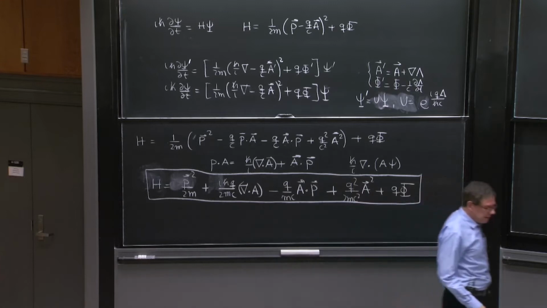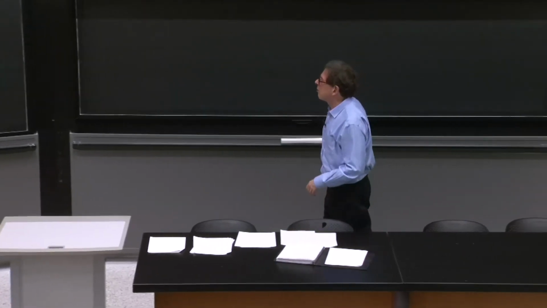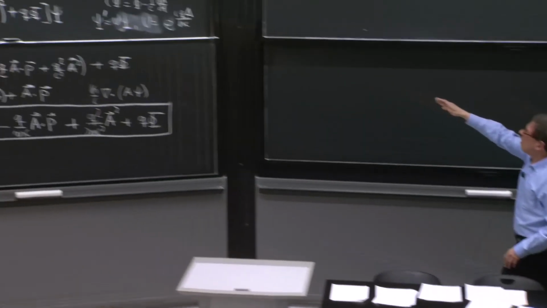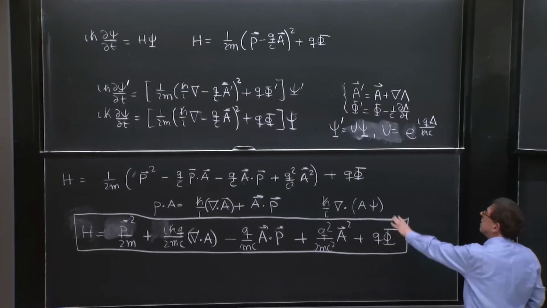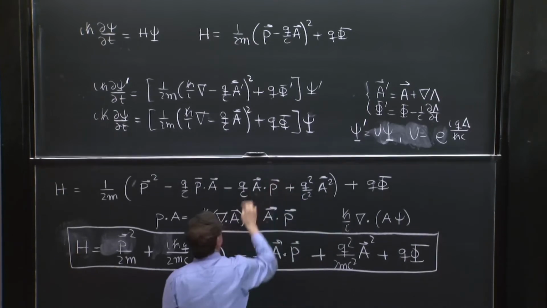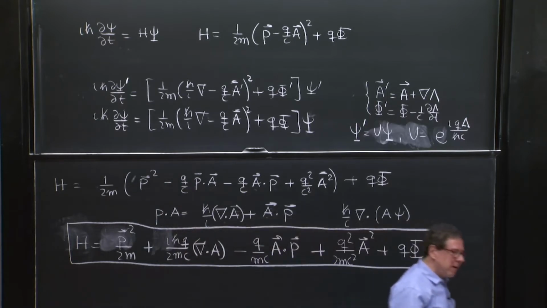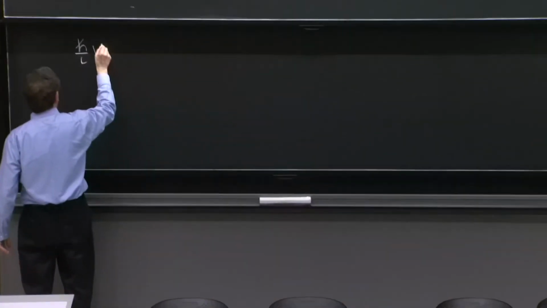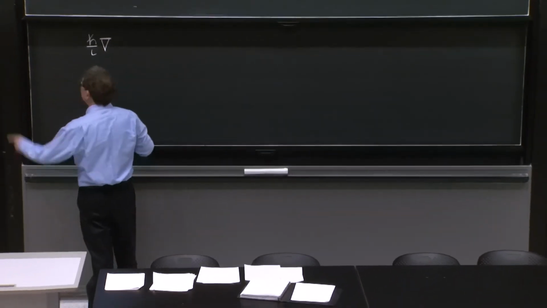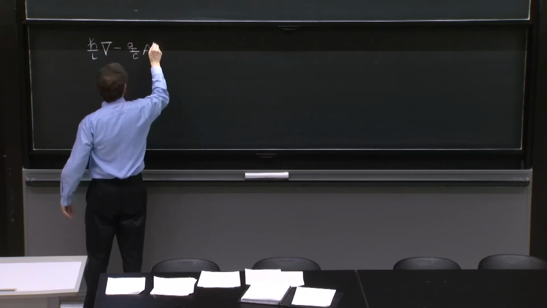Let's say a couple more words about this thing, in particular the gauge invariance. So we now have seen what the Hamiltonian is. Let's think of the gauge invariance. How could you establish this gauge invariance? So an identity that is very useful takes the following form. h bar over i gradient, the P, minus q over c A prime